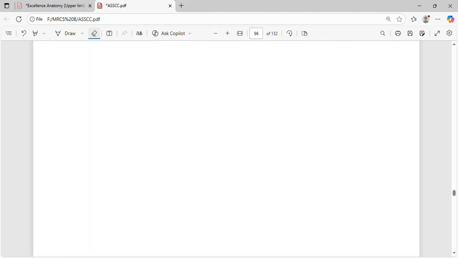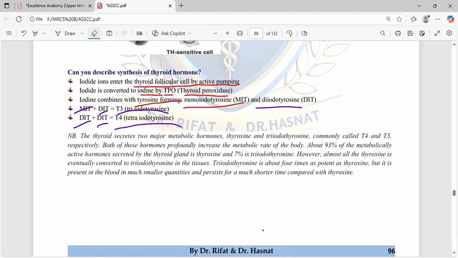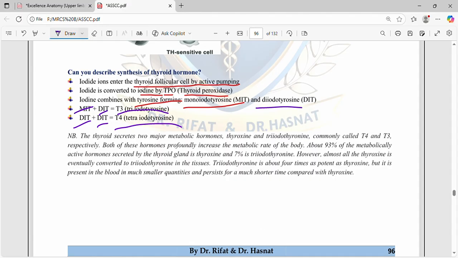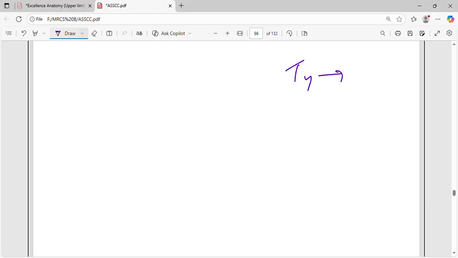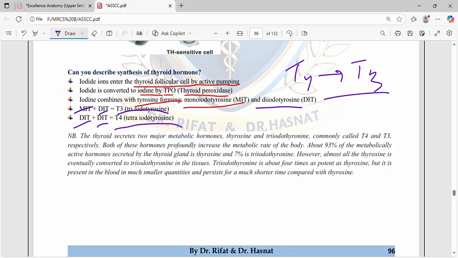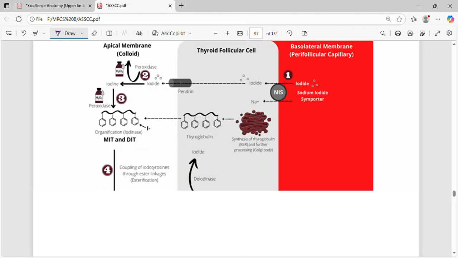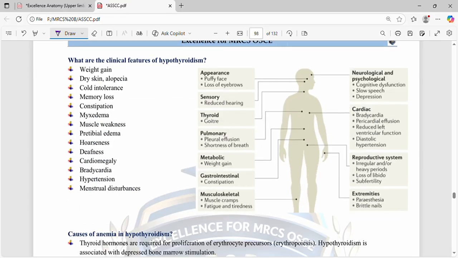So what happens in the body, in the periphery, is that T4 is also converted into T3 whenever required. So beta blockers act by this mechanism, they prevent the conversion of T4 into T3. So